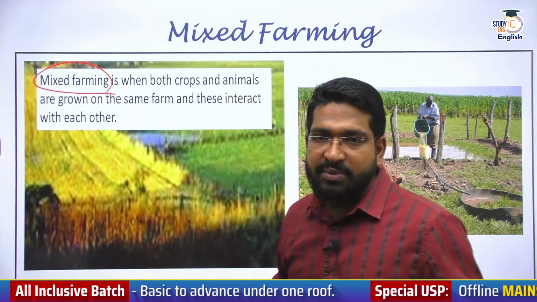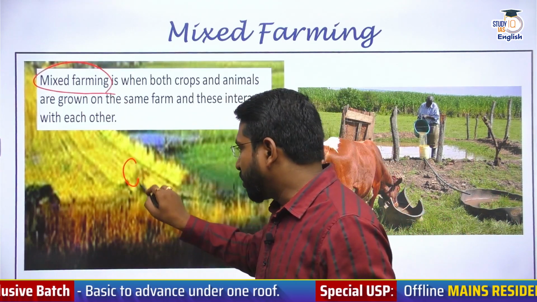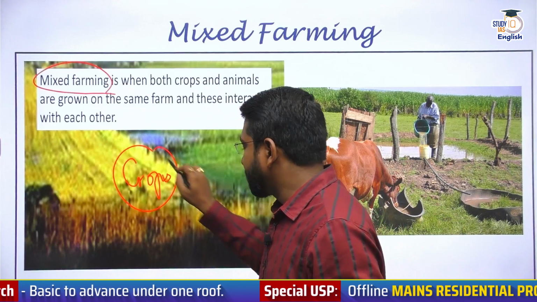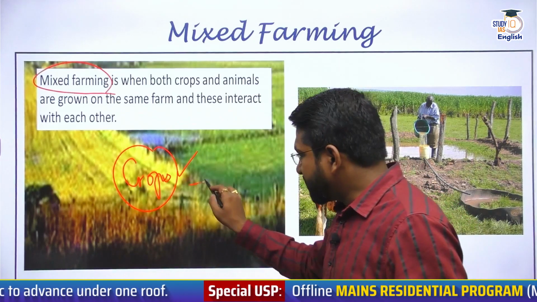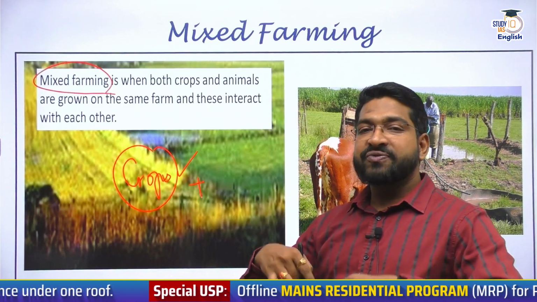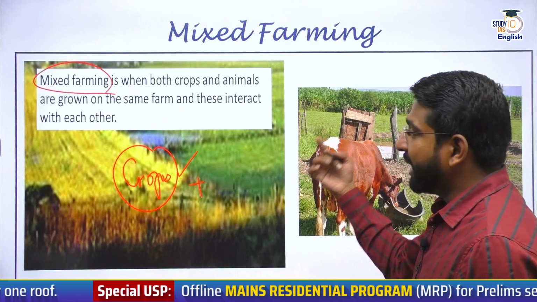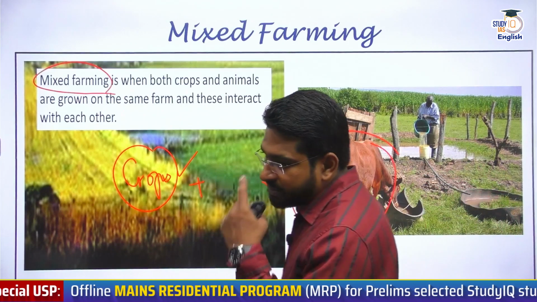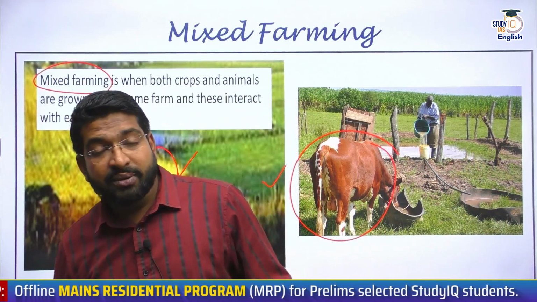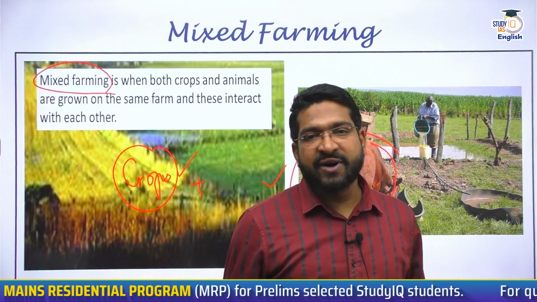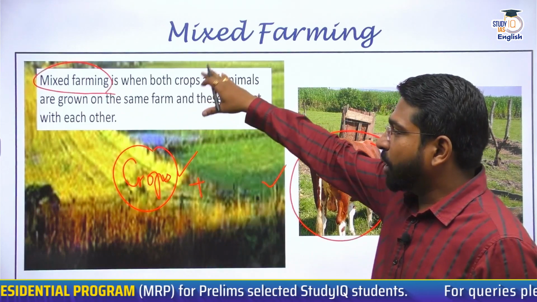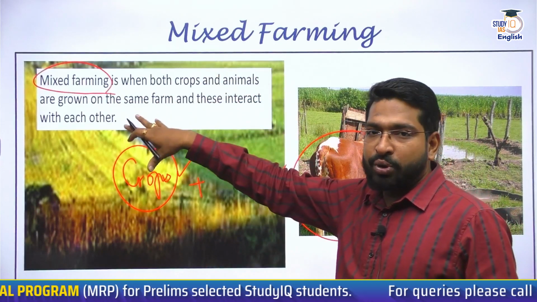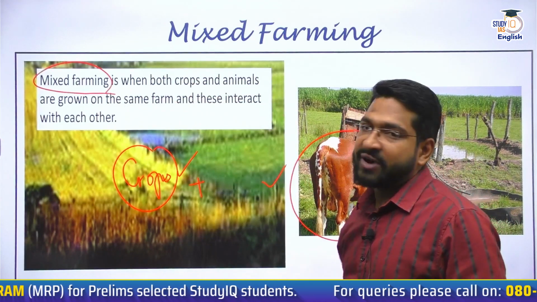Now, mixed farming means the farmer will grow crops, yes. Along with it, farmers will also use some other method where animals are integrated with the crop. It can be milch animals, it can be draught animals, it can be poultry, it can be anything. So mixed farming basically means crops and animals are both cultivated on the same farm, and they interact